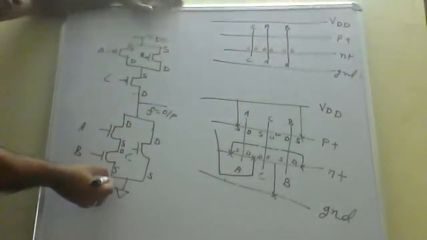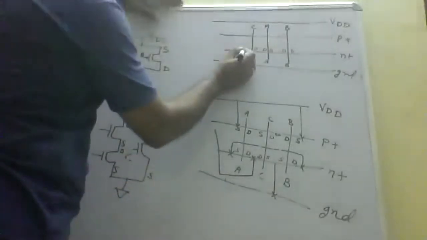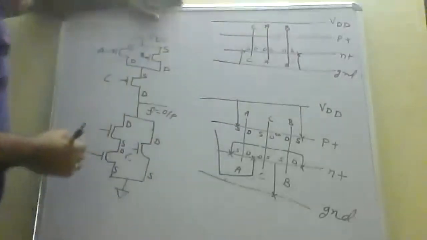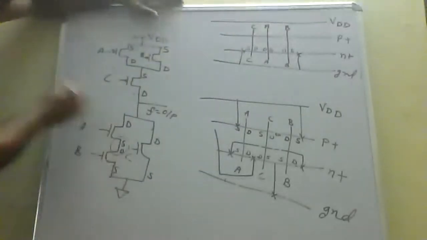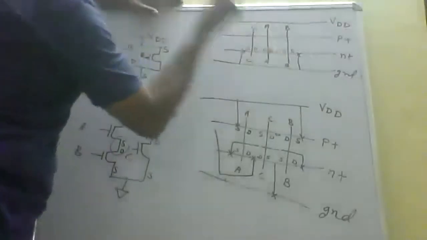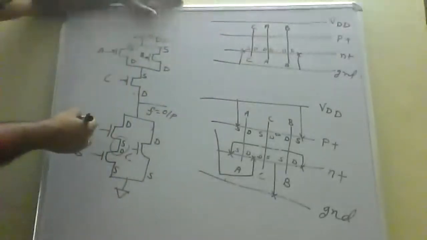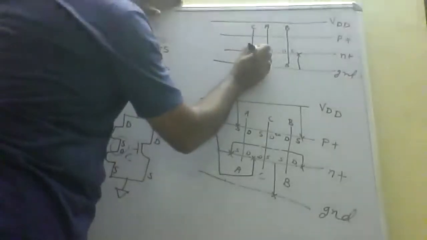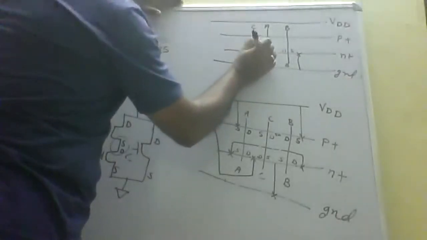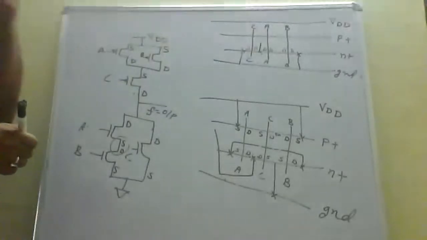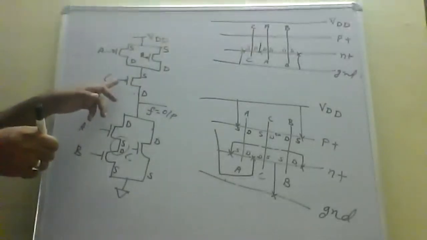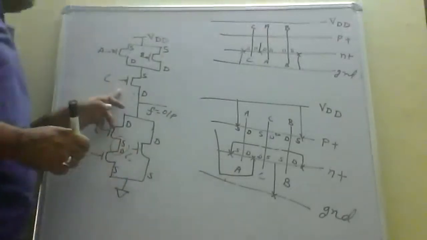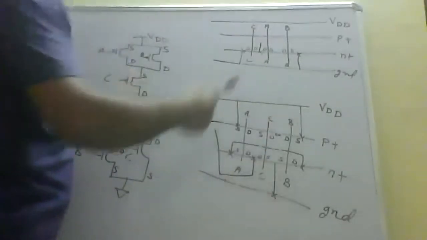Now the source of B and the source of C are connected through VDD. So here we connect like this, right? And we don't require this connection. So here this connection is not required. Any output we will not take from here. So this drain and drain is connected with the output. So here we connect with the output. After this, now how do we make it for PMOS, because there was a problem of breaking of active.